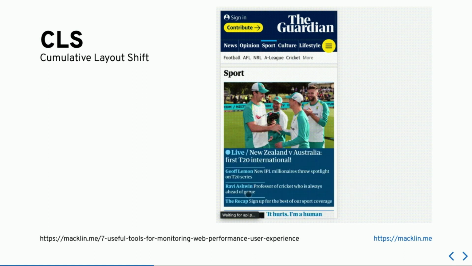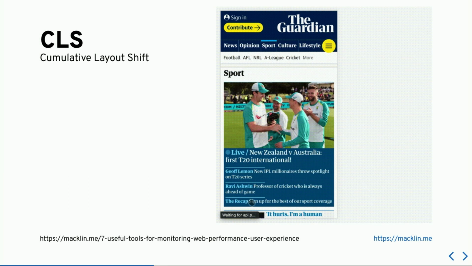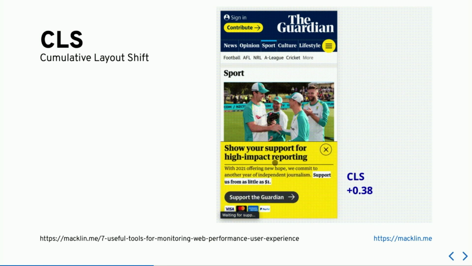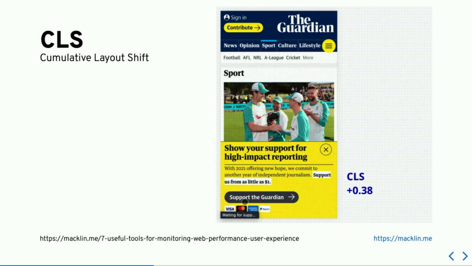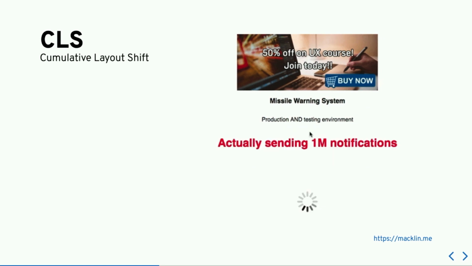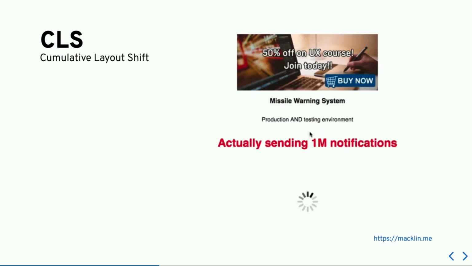I hate these things. Usually it's a consent banner. Unfortunately, you have to have those. That's kind of annoying. But here's an example of one that wasn't really necessary and it kind of ruined the user experience. Here's probably one where the result is a little bit more severe. You wouldn't want something to happen like this. I think this is actually something that did happen once, so yeah, not ideal. Try and avoid this if you can.